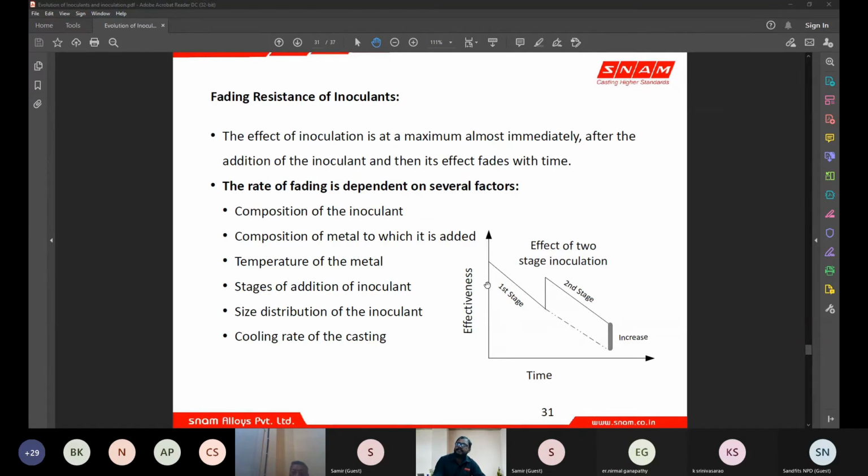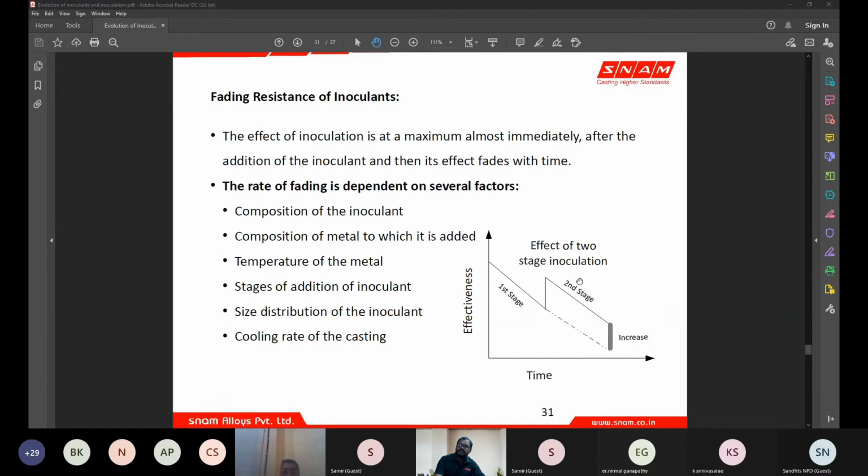When you see this graph, with time the effectiveness keeps coming down. When you have a second stage inoculant, you actually boost up to this level, and then you still end up with an increased effectiveness than this. That means if you had not had the second stage inoculant, you would have ended up here with the least effectiveness. That means the last poured molds could have been bad. So when you have a second stage inoculant, your effectiveness is comparatively increased.